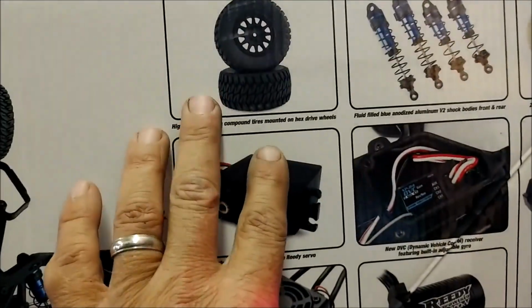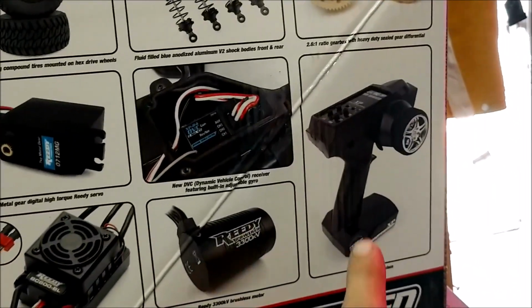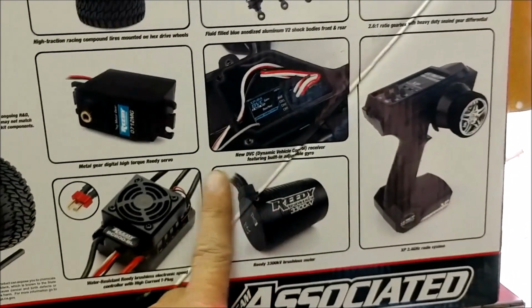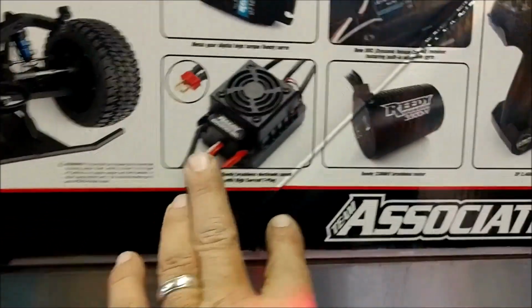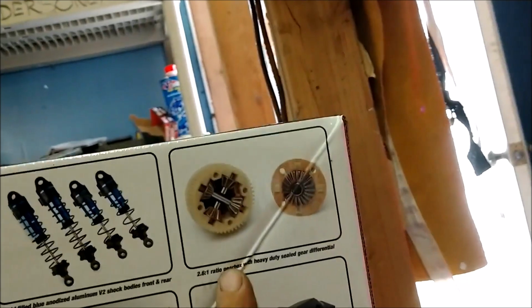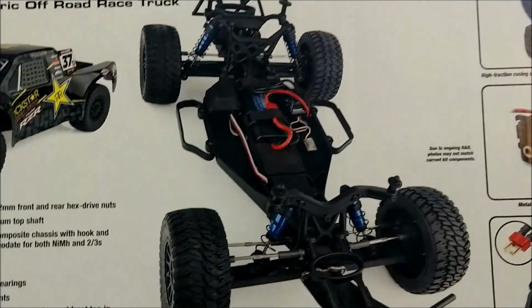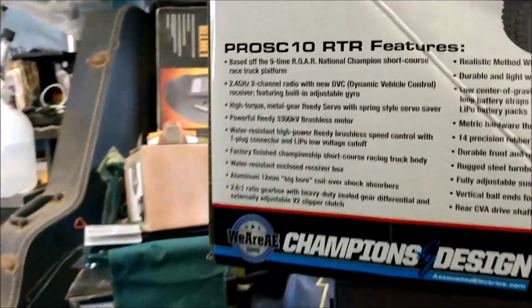It has the BF Goodrich replica tires. It's got the blue anodized shocks. Has the digital transmitter to digital receiver with a metal gear servo, of course. It has the Reedy with the Dean's power plug, or T-plug that they're calling them now. And it also has a 2.6:1 ratio gearbox with heavy-duty sealed gear differential. So there's a look at a picture of the inside of the car, and we'll give you the full feature